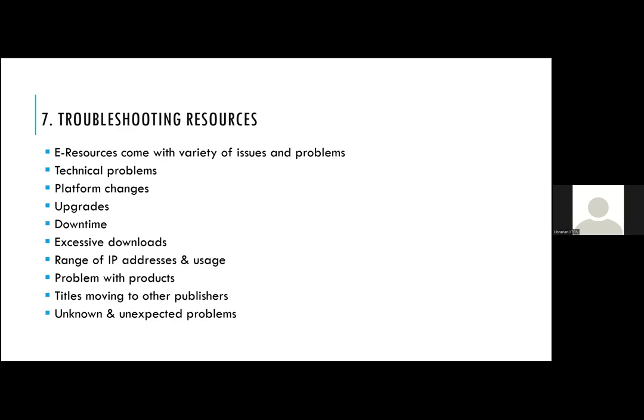And of course, other than that, there are many other troubleshooting things, challenges that come up, and we look at them. One thing that is very complex is that many times publishers do not inform you in advance when they have transferred a title to another publisher. They almost inform you at the end. And so that's where I think we need to keep looking at the publisher website, tracking the newsletters and all that.